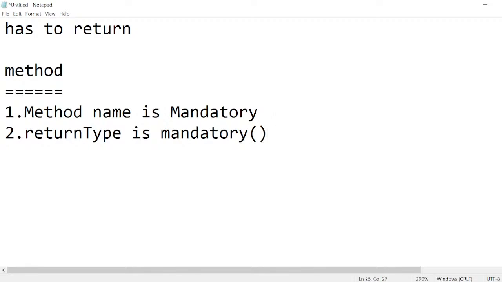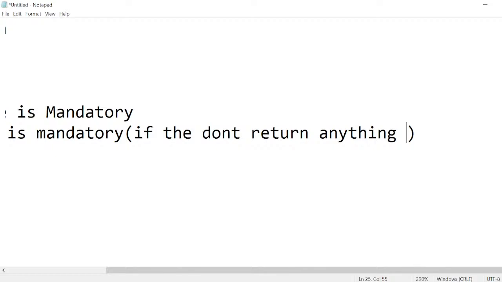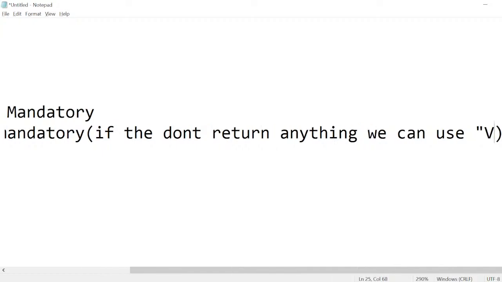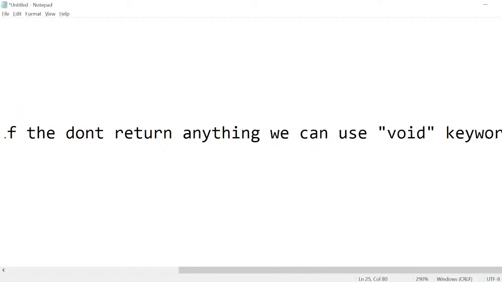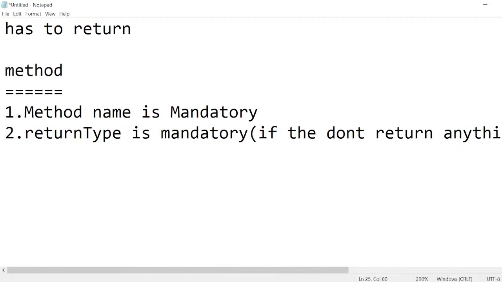If the method doesn't return anything, we can use the void keyword. Are you guys clear with my statements? What I'm saying in this line is,